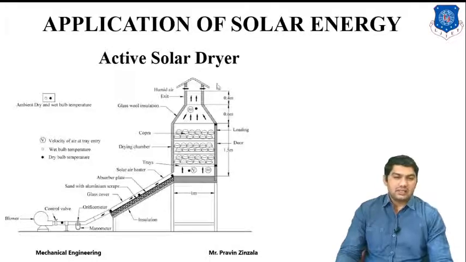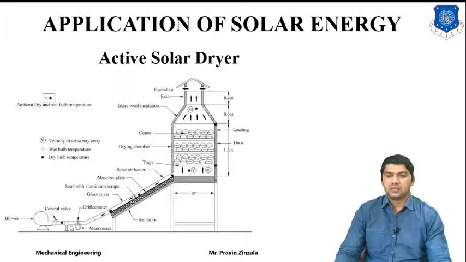So we can also utilize this type of dryer in a shade position, or we can install it on our ground surface or the basement of any structure. Whenever we start the blower, it will supply pressurized air to the solar collector. The solar collector will heat up the air, then the hot air will pass to our product and it will absorb or evaporate the water particles from our product, and it will pass the hot air to the atmosphere.